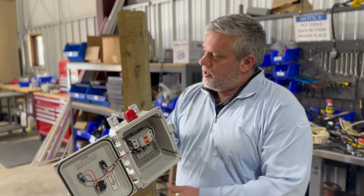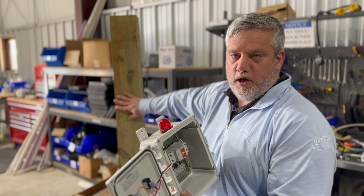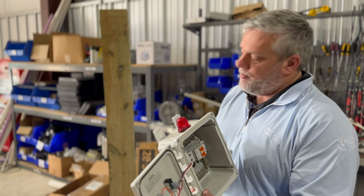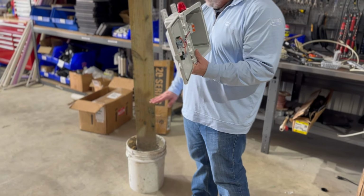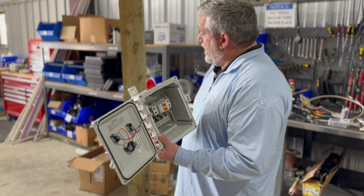Okay. So sometimes it's not always available, and we'll use a 4x6 post. So what we've done is we put it in concrete, obviously, and this is just for display purposes. But if you use one of these, you want to go a little bit further down than this. You want to go down actually probably that deep and then pack it in,